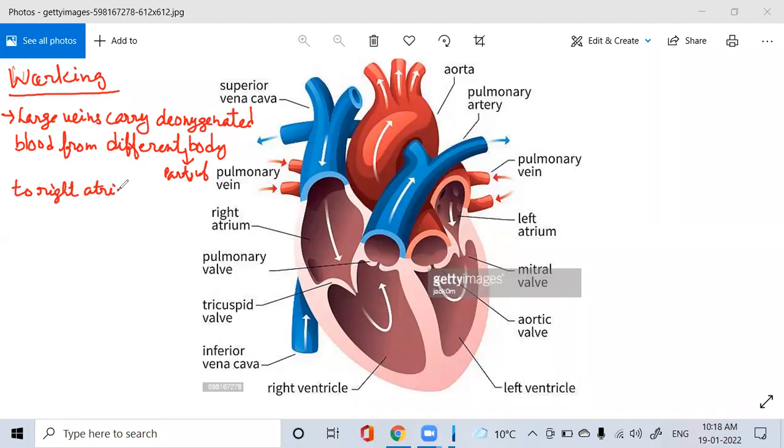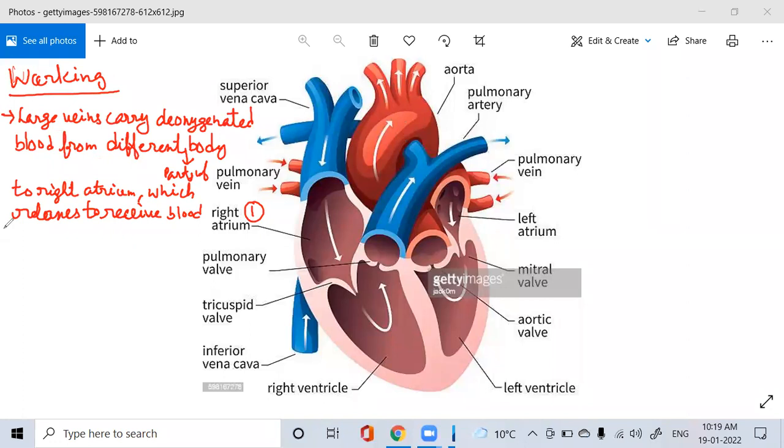right? So I'm mentioning it here first because first of all the deoxygenated blood will come to that right atrium, right? When it receives the blood, it relaxes, which relaxes to receive the blood. Okay, now it's collecting the blood. Now when it collects the blood,